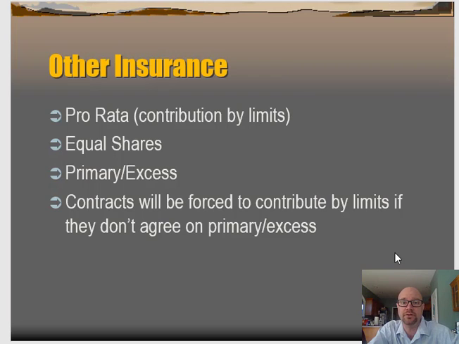And this is a review from 270. There's only 3 ways to do it, and none of them are really hard. So one way to do it is we say, let's look at the limit of insurance that each company provides. And then if you provide twice the insurance limit that the other insurer does, then when the loss comes in, you will pay 2/3 of the loss and they'll pay 1/3. So we can do it by comparing the limits of insurance we provide, and then whatever percentage of the total that one company provides, that's the percentage of the loss that they pay.